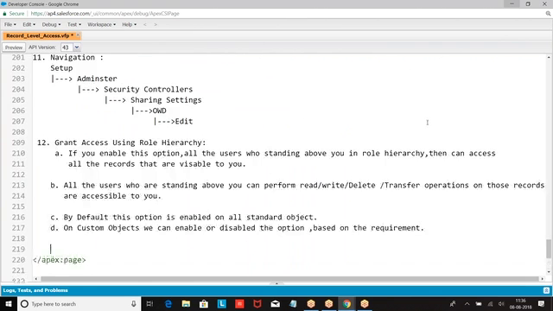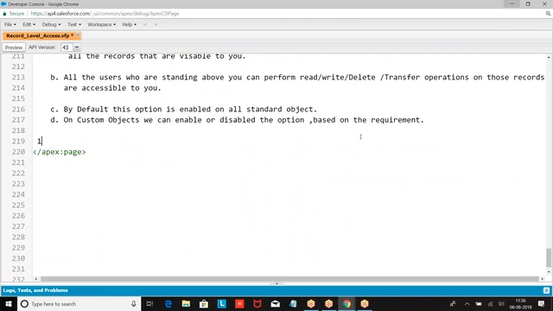So let us look at the next one here. Profile level access. View all, modify all. Now look at the format. Listen carefully, boss.